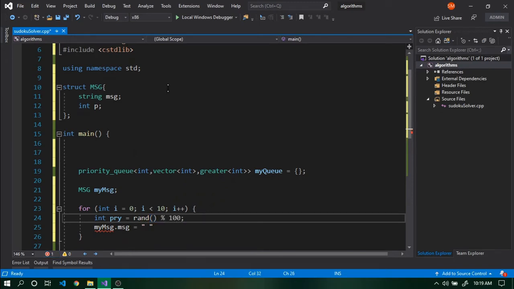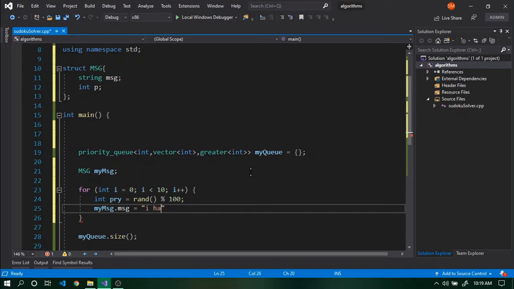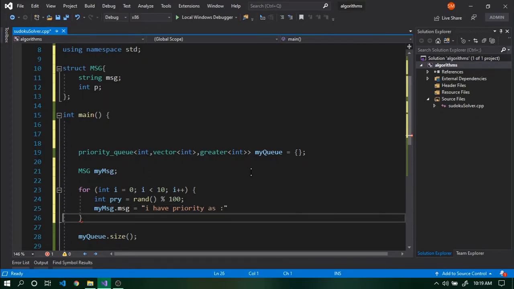So it will give me a random number between 0 and 100, and I will simply say my message is "I have priority as",